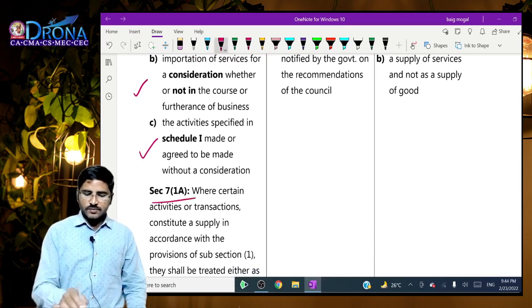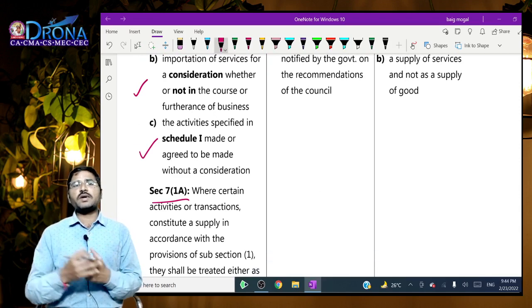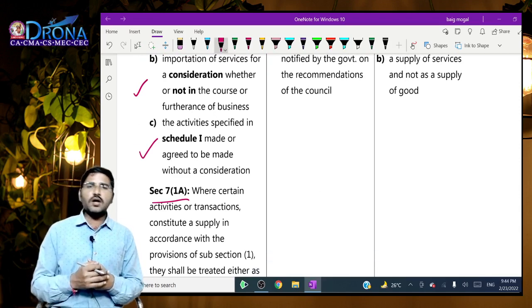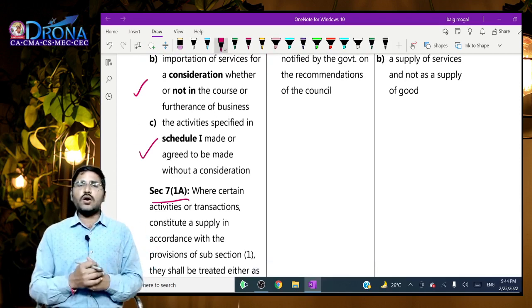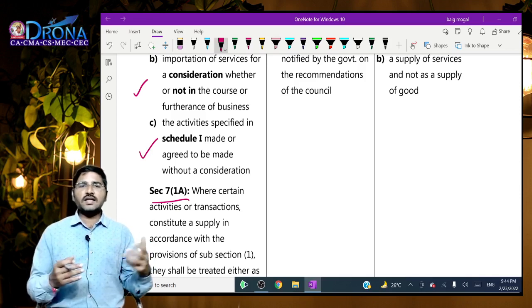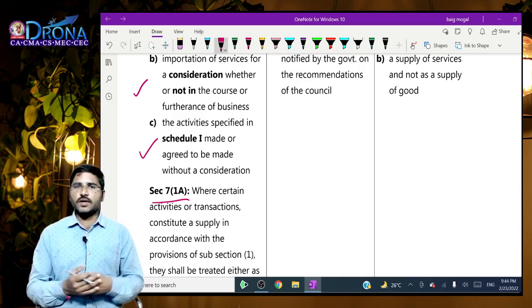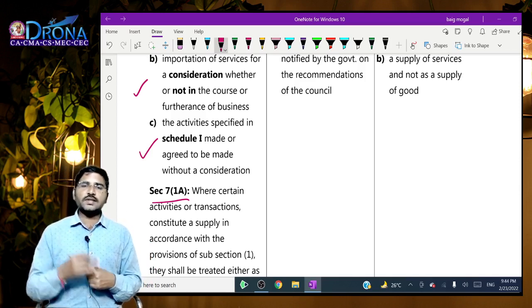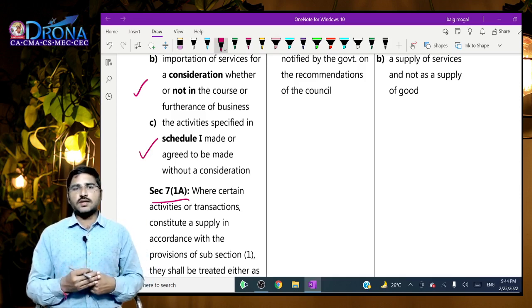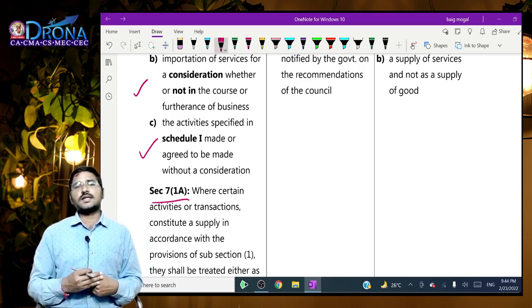And next, Section 7 subsection 1A concerns, it will give an explanation about whether a transaction is a supply of good or service. If you go through all the transactions, easily you can understand whether a transaction is the supply of the good or service. Out of which, I will explain 2 concepts. The first one, suppose a hire purchase transaction. If you are purchasing the good today itself, but the title will be transferred only on payment of the last consideration, still we have to consider it as a supply of the good.